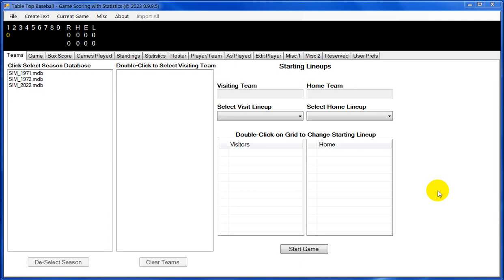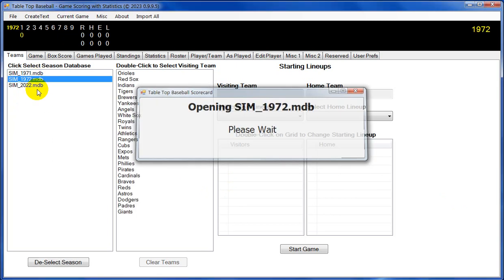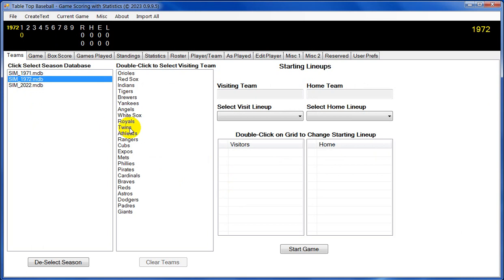This video is the first in a series of videos to see if there's any interest in a tabletop baseball game scorekeeping program. Now this is how the program opens, and you would select the season and click on a list of seasons that are available. And then we're going to play the Yankees against the Athletics, and it says to double click on the visiting